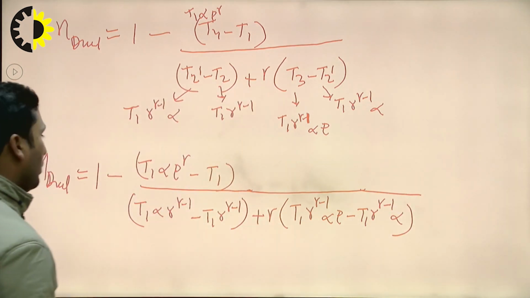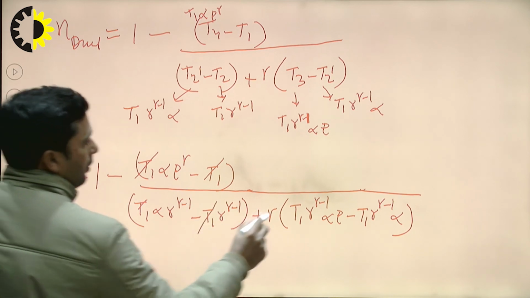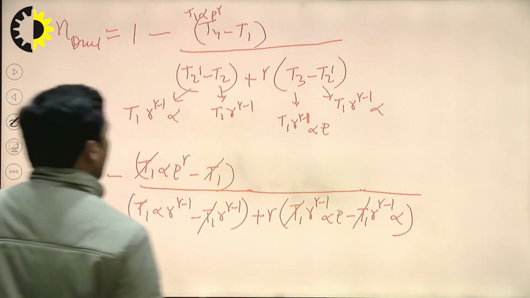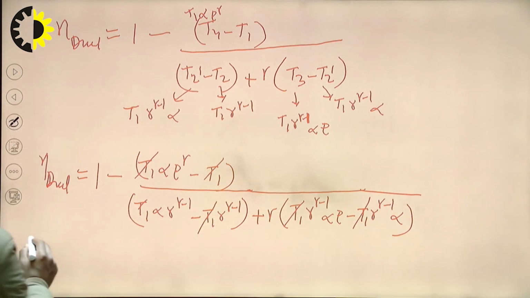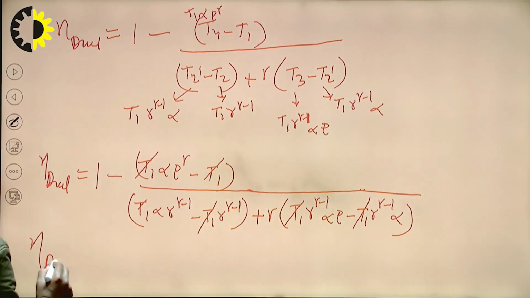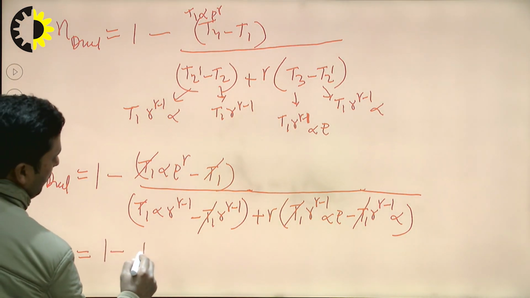So, from here T1 will be cancelled out from numerator and denominator. So, finally we will get the efficiency of the dual cycle is equal to 1 minus 1 by r